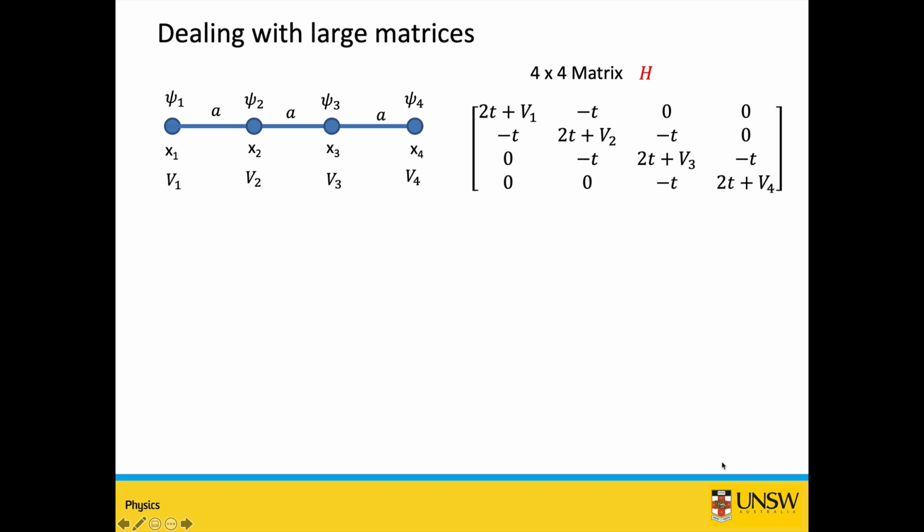We have looked at linear equations of the form Ax equals b, where A is a matrix, and we have also looked at eigenvalue problems where H psi equals E psi. H is the Hamiltonian matrix, for example. And the cases that I have shown you so far are toy problems, right? Because the matrix size is very small. Over here, I show a finite difference matrix with 4 points, and it's a 4 by 4 matrix, right?